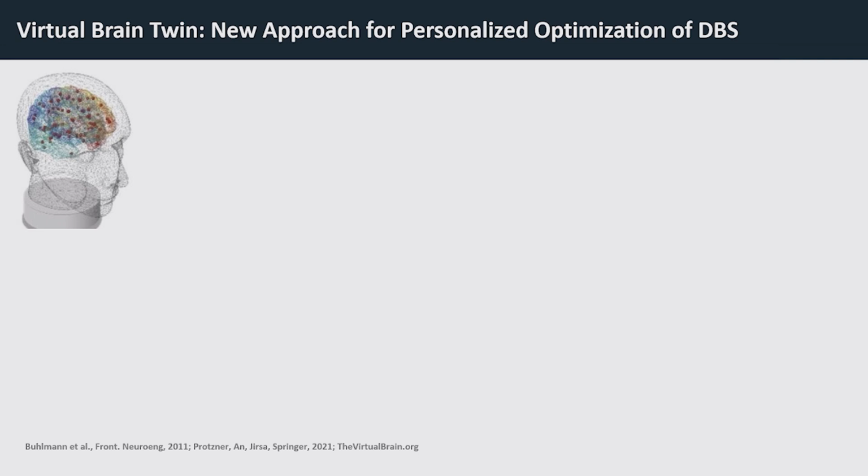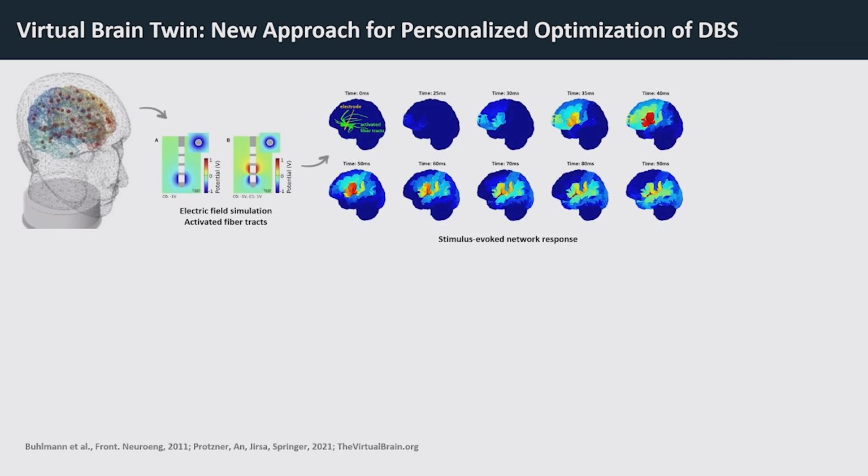So using this personalized virtual brain model, we can identify the fiber tracts affected by stimulation and then simulate the responsive network induced by selective activation of these fiber tracts. So we thought that